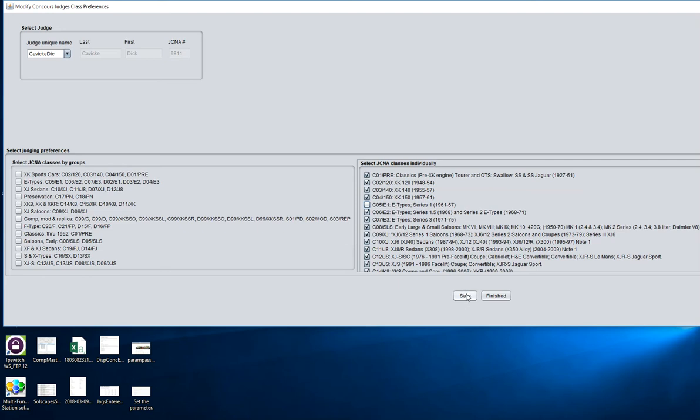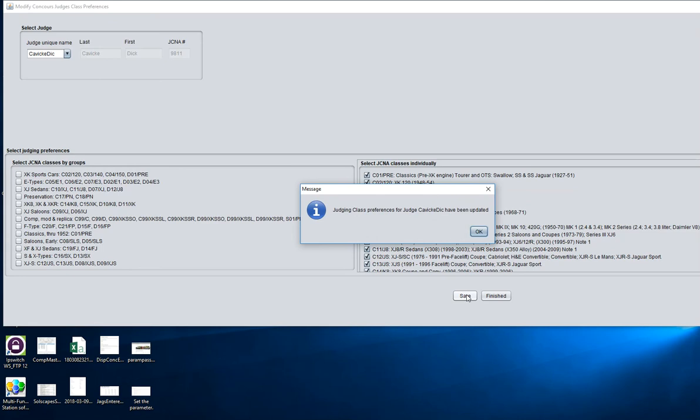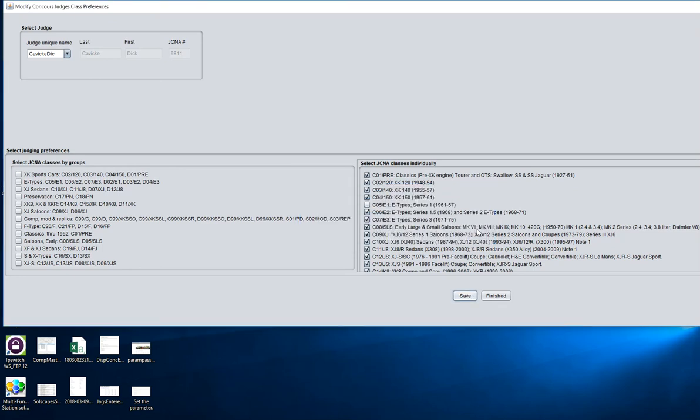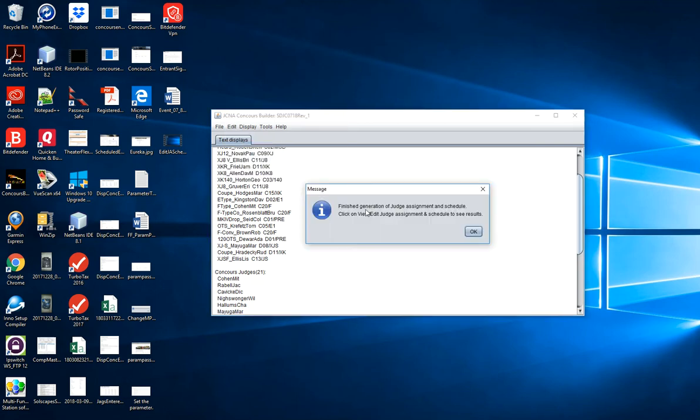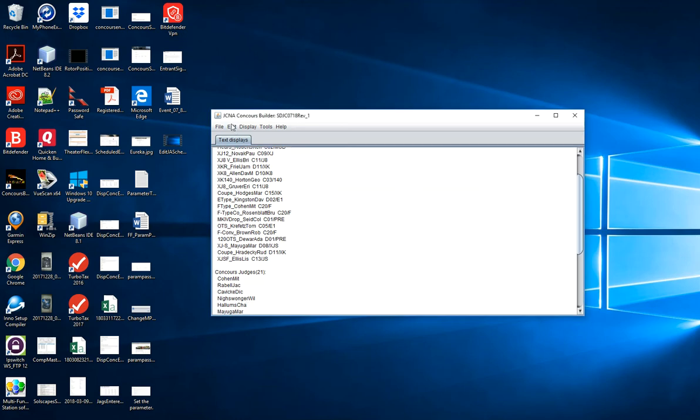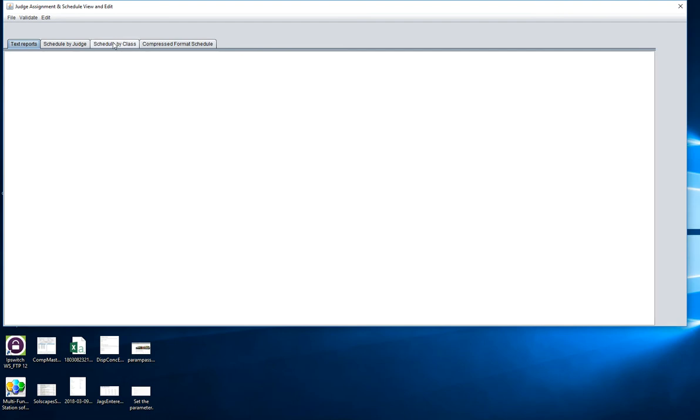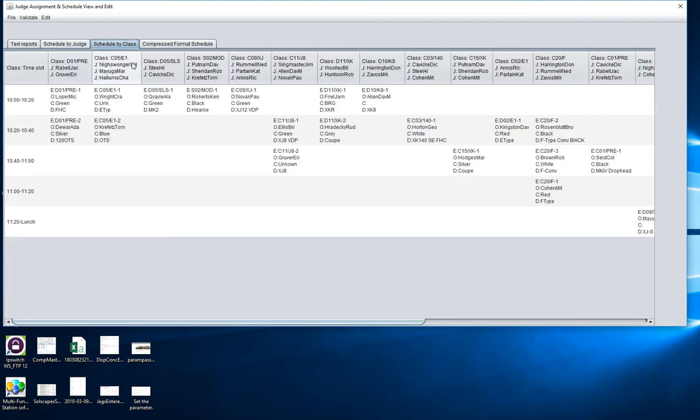So if I save that now, this confirms that he's done it, and I'll click finished here. Now I'm going to have to rebuild the schedule because there's been a change, and this confirms that it's been built. Now to look at the results, view and schedule by class, and now we see that